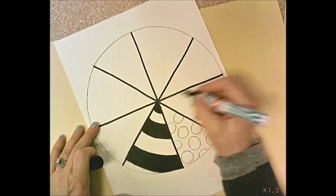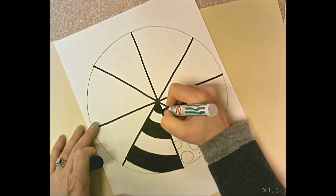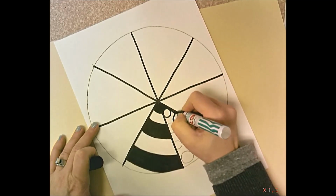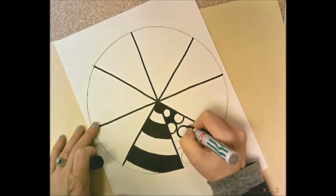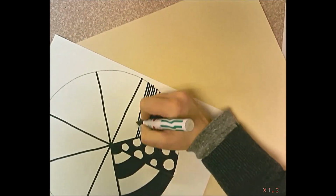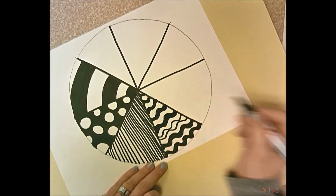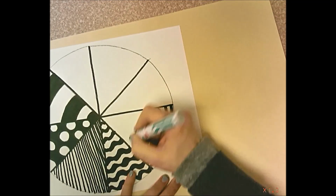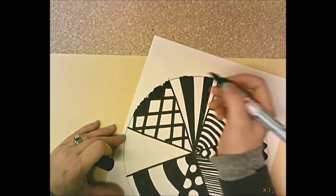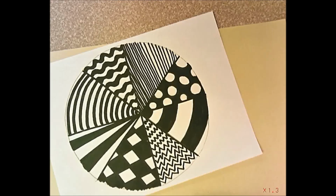And with the polka dots, you can color the polka dots in, or you could color in the background, whatever you want. I think I'll color in the background around my polka dots. Alright,